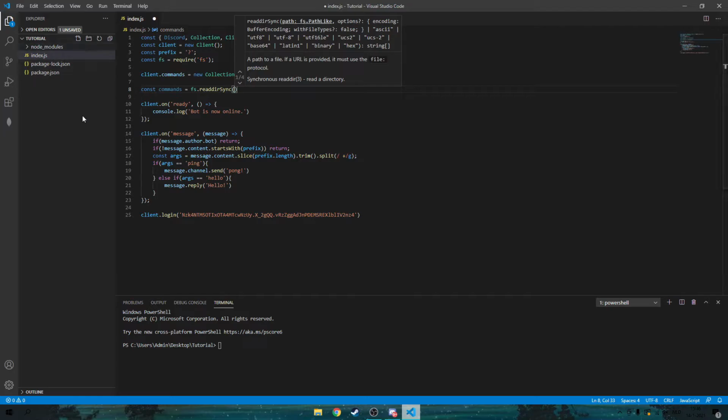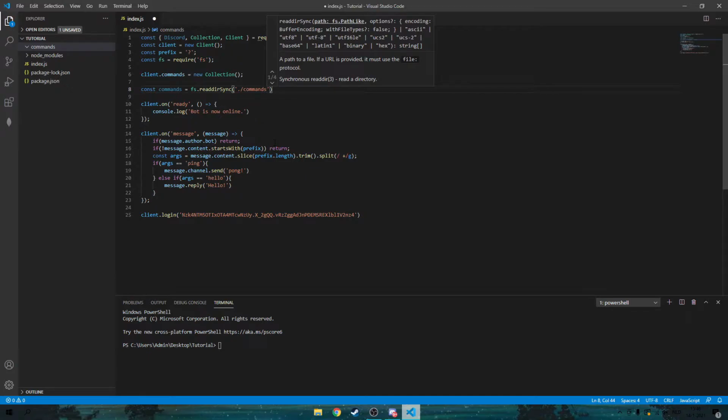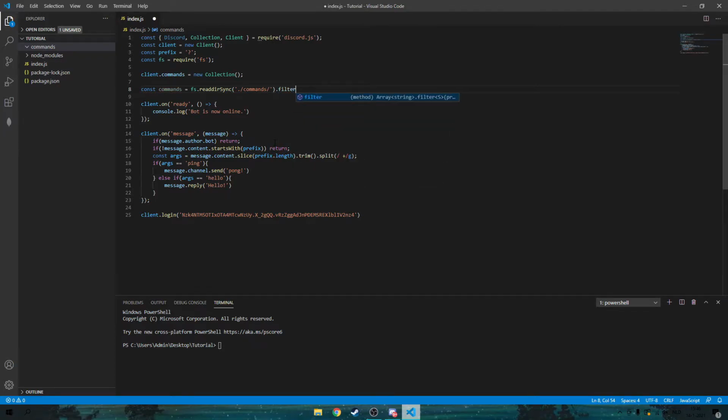And what we want to do now is create a new folder in our tutorial book, and I am gonna call this commands. This is where all my commands are gonna be placed in. So what we want to do is now get that folder, and how we get that folder is we do ./commands/ that gives us the folder, and now we're gonna add a filter